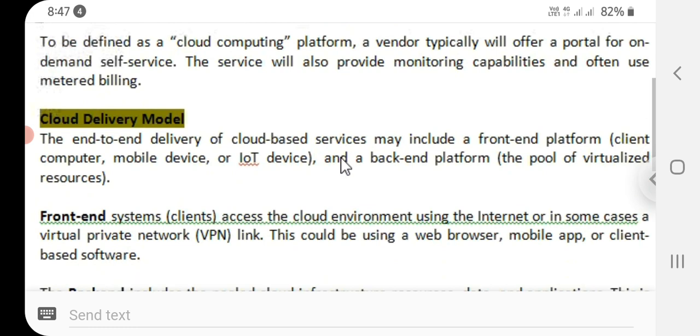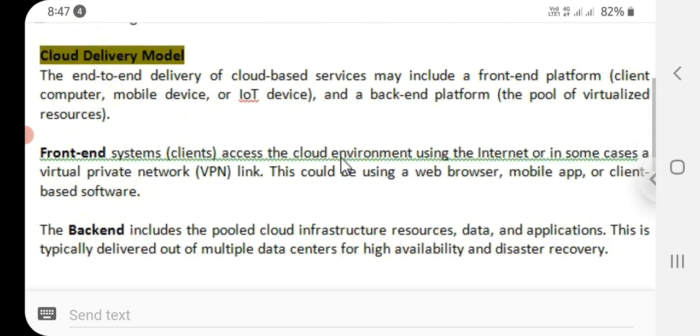The next one is the cloud delivery model. The end to end delivery of cloud based services may include front end and back end platforms. Front end means clients. Front end systems access the cloud environment using the internet or in some cases a VPN, a virtual private network link.